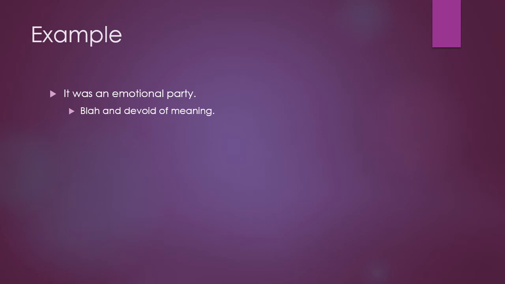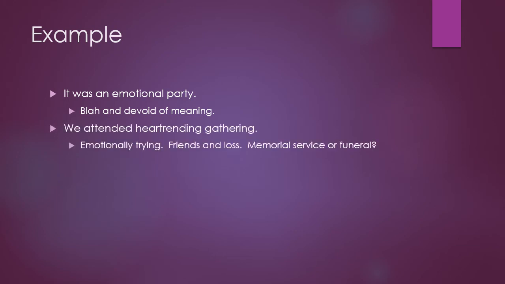So if we rewrite the sentence to say we attended, and there's a typo there, but we attended a heartrending gathering, then we get the sense by including the word attended and gathering, it feels a bit more formal. So it's probably not a Friday night, no parents in town type party, right? And then heartrending tells us that it's probably kind of negative emotions. So we get the sense that this is a formal gathering of people who are in mourning or something along those lines. The essential meaning of the sentence is the same as the first one, but we get a lot more nuance out of it.